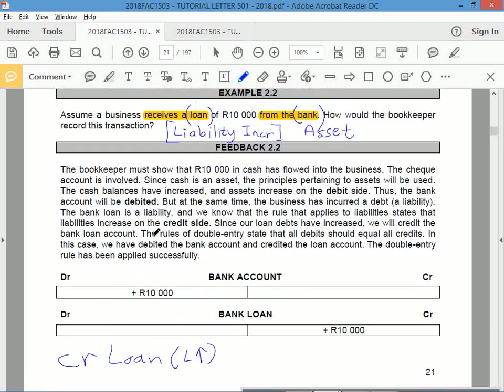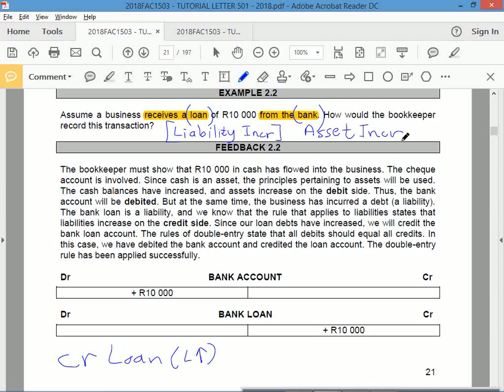Right, what else did we say is part of this transaction? The bank. Do you know what bank is? Yes, bank is an asset. What is happening to the bank account? Why do you say it's going up? Yes, because if you take out a loan, is the bank going to send money into your accounts? Of course they are. You take out a loan, you owe them, but they give you cash. So the bank or the asset is going to go up. It's going to increase.